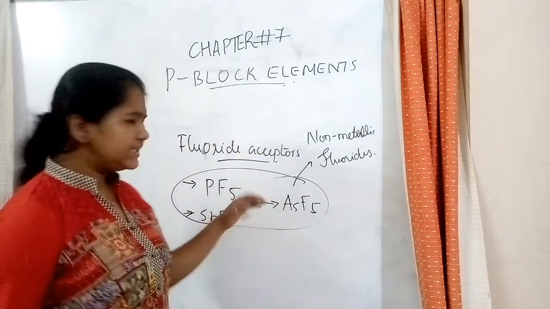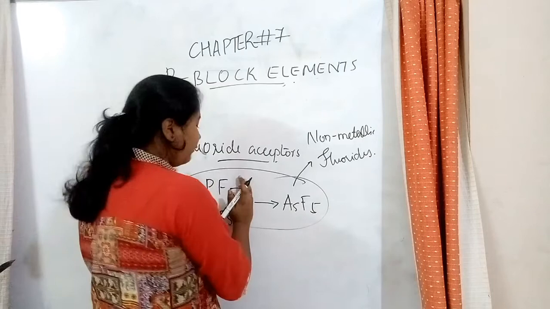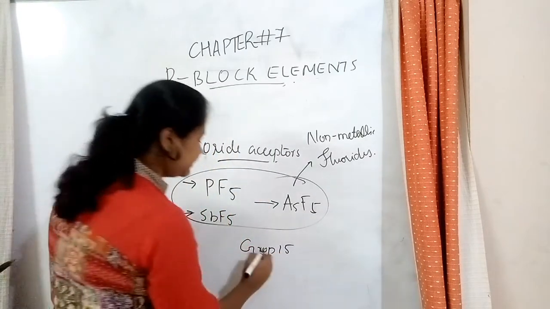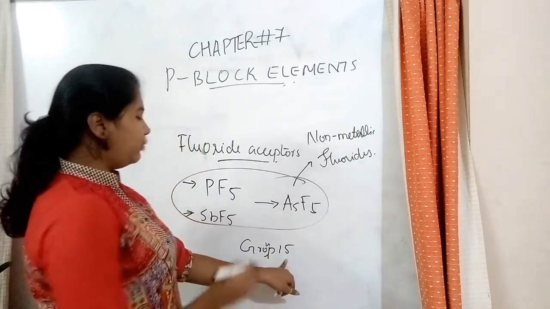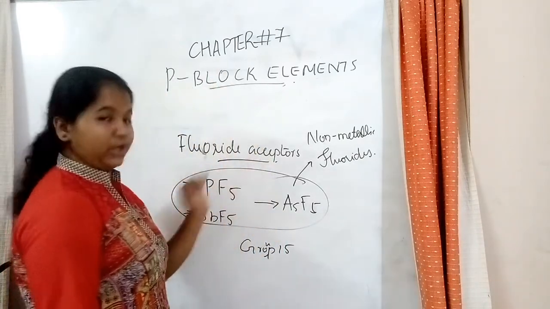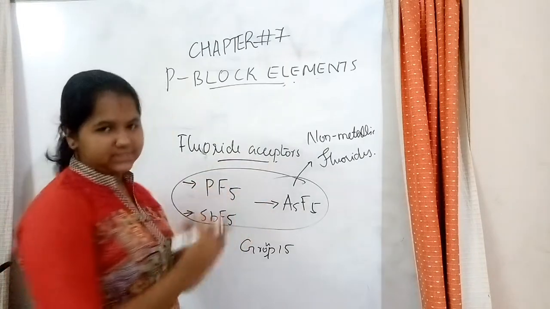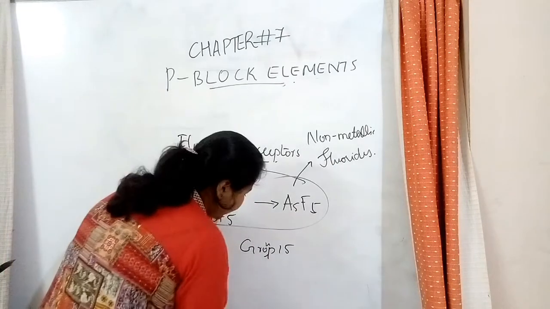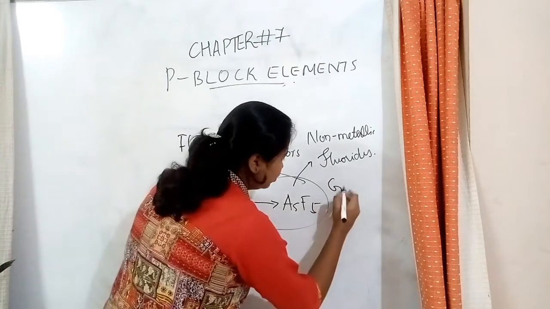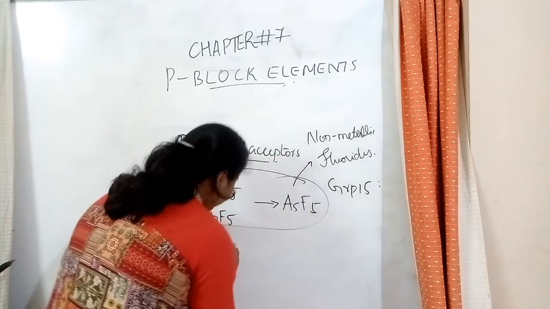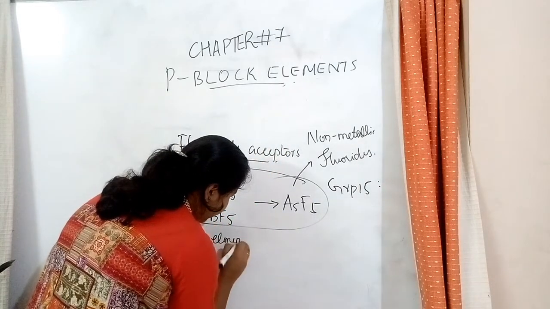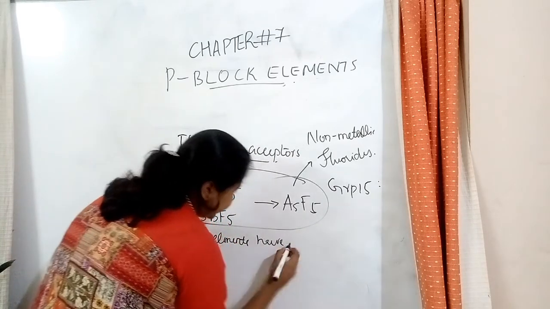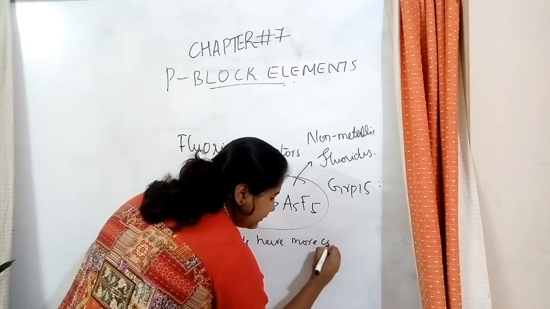And why isn't there the other? These are all what? Group 15 elements. Am I right? So, in this group 15, where are the elements in the top? They are not there because there is some reason why it is not there. Because the covalent nature decreases as you move down. So, what do we write here? This is group 15 and the first elements have more covalent character.